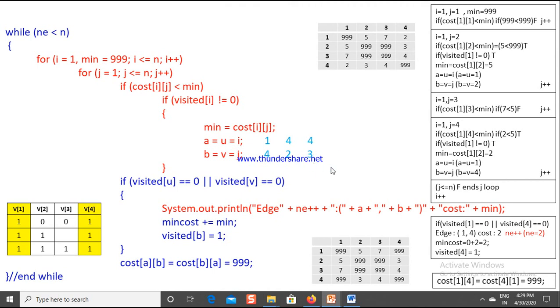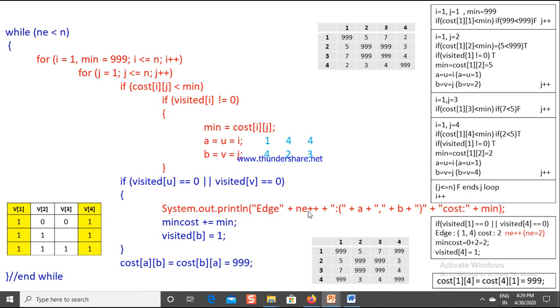Okay. So here I have written it in the blue color. So next ij value is nothing but 4 3. Next I am checking what is the value of 4 3? It is 4. Next I am checking whether 4 is visited or not. Yes. 3 is visited or not. No. Then I will enter here and 4 3 will be printed, or 3 4 will be printed. No, not 3 4, because third row we are not considering. So 4 3 will be printed.